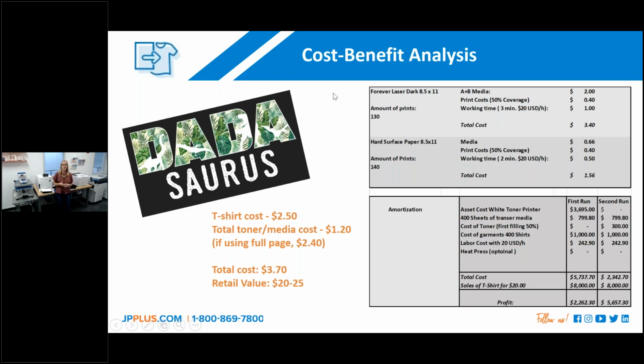All right. So this is going to be the cost benefit analysis, which I will go over, but first I want to do the demo on the heat transfer equipment. I want to make sure you guys see the full process as to what it takes and how long it takes to complete too, because I think it's really, really important.